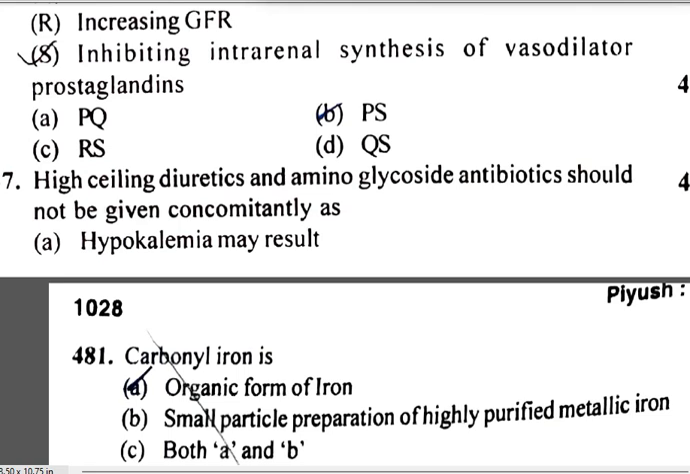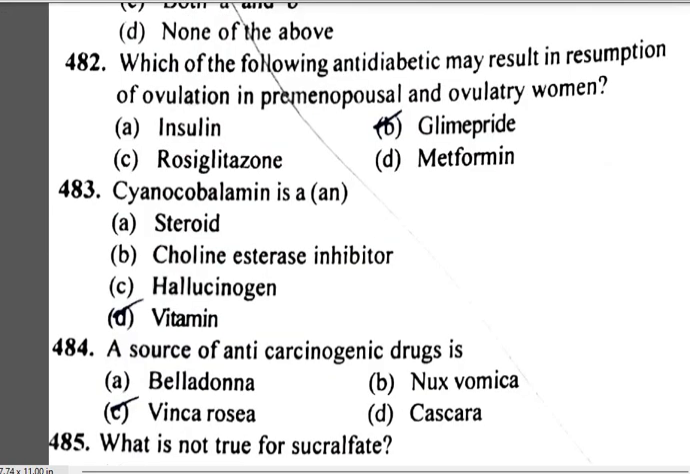Carbonyl iron is an organic form of iron. Which of the following antidiabetics may result in resumption of ovulation in premenopausal anovulatory women? Glimepiride. Cyanocobalamin is vitamin B12, a source of anticarcinogenic